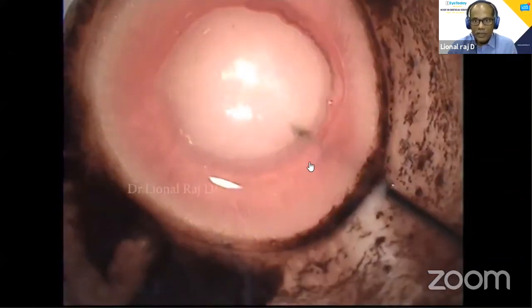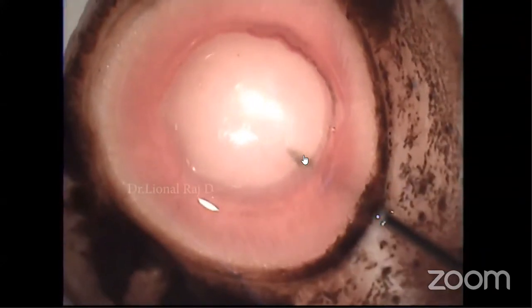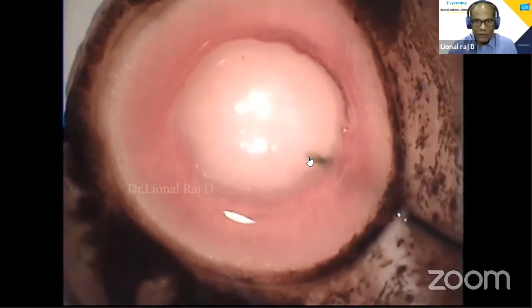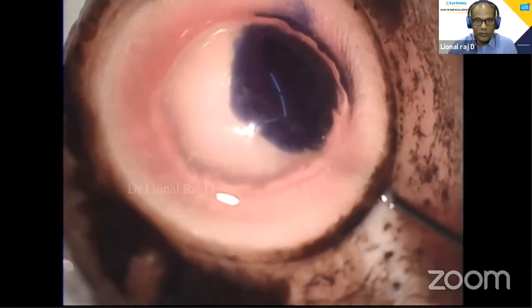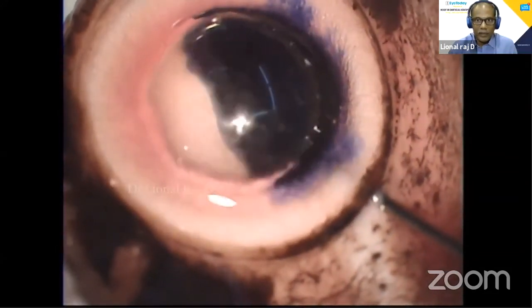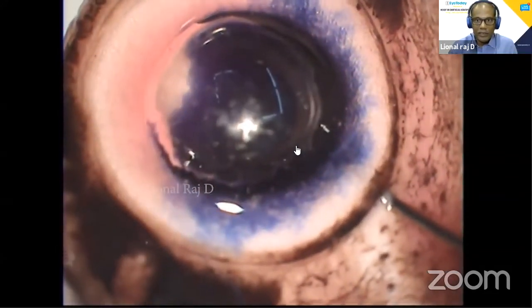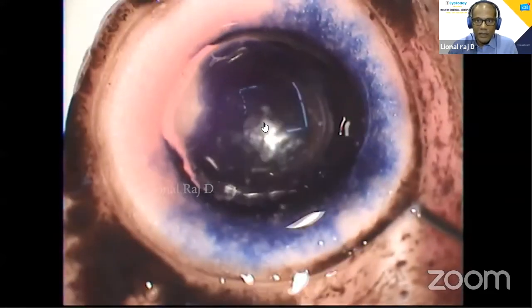After having done this, stain the pre-Descemet's space using Trypan blue. Having done that, I generally mark using a 7 or 7.5 millimeter trephine.